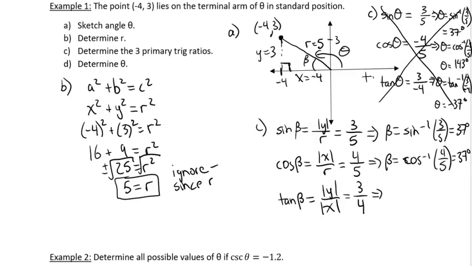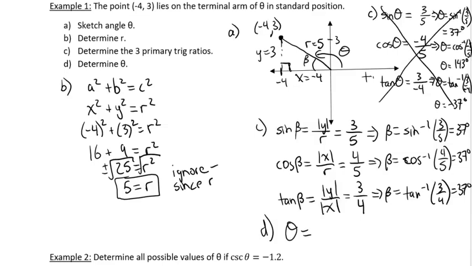And if I did tan inverse, you guessed it, then that would give me an angle of 37 degrees. Well, you might think, well, that's a problem because it didn't give us the right answer at all. But what it gave us is consistency. So now we can apply the CAST rule into the other quadrant. Because if possible, it's going to give you an angle between 0 and 90, which it does in all three of the cases here. So now for the last part where we determine what theta is, we can just say